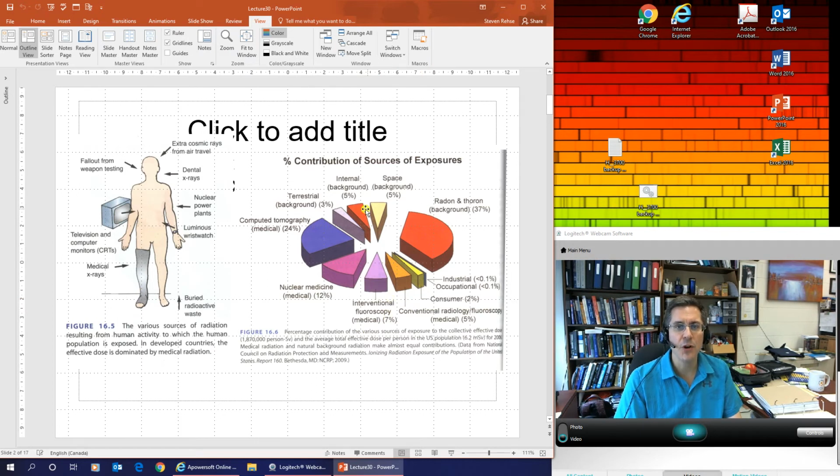If you look at how this dose is broken up for a human, the average total effective dose per person is about 6.2 millisieverts. Sieverts is the unit that we had talked about before, right? It's the equivalent dose unit. And you'll see that that dose is dominated by some medicine, where interventional fluoroscopy accounts for 7%. Conventional radiology, that would be any kind of x-ray and other fluoroscopy, is 5%. Nuclear medicine, which we talked about, injecting you with radionuclides, 12%. And CT, or computed tomography, 24%. So the highest fraction of medically